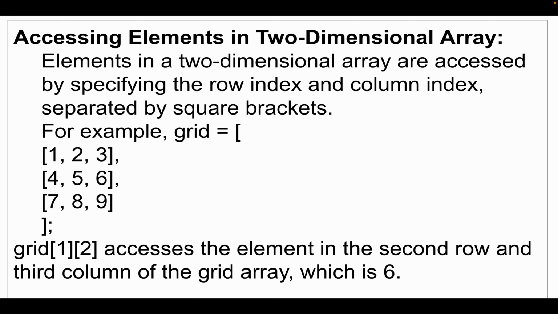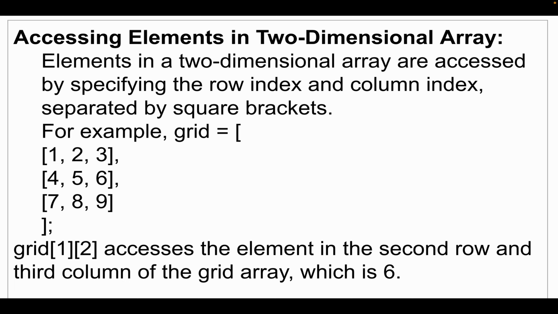For example, we have grid which has rows. First row is 1, 2, 3, second row is 4, 5, 6, and third row is 7, 8, 9. grid[1] accesses the second inner array in the grid array, which represents the second row, that is